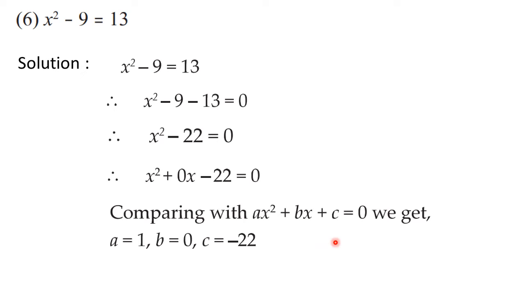It is very easy. Only thing is that you have to shift all the terms on the left hand side and you have to write down equal to 0 on the right hand side. And then you have to write down the coefficients. That means the numbers associated with every term. The number associated with x square is 1, with x that is 0 here, and the constant, that is minus 22. So those you will write down as a, b and c. Okay. So I hope you must have understood this type of question and you must have completed it.